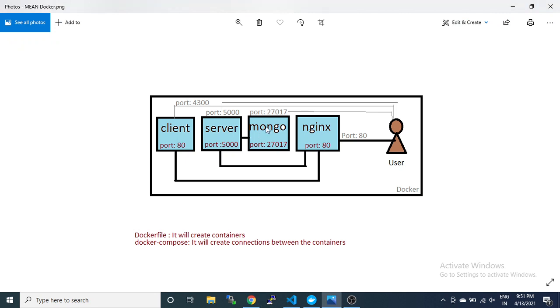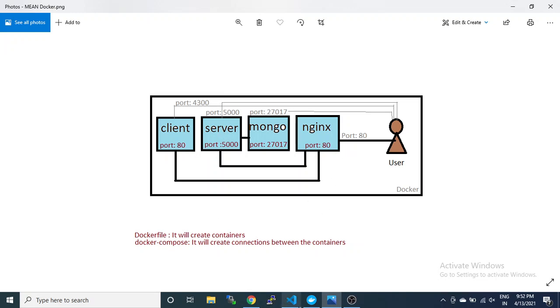Okay, so you can see that we can access both directly from the container without the help of the reverse proxy, and with the help of the reverse proxy we are using port 80 and slash API for this one.